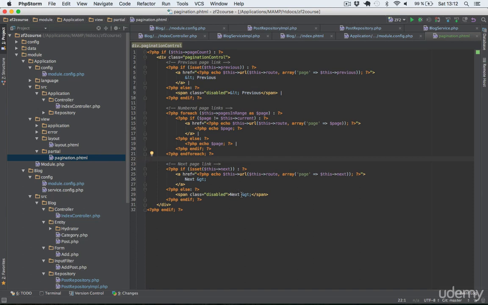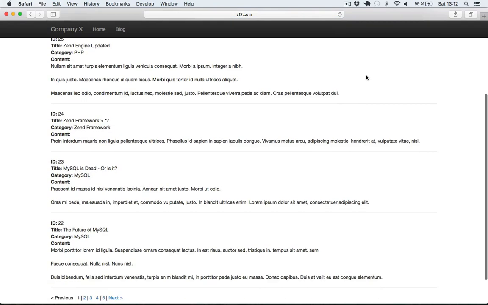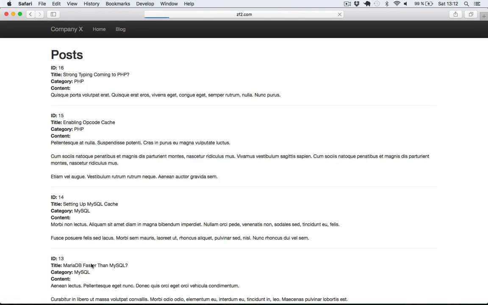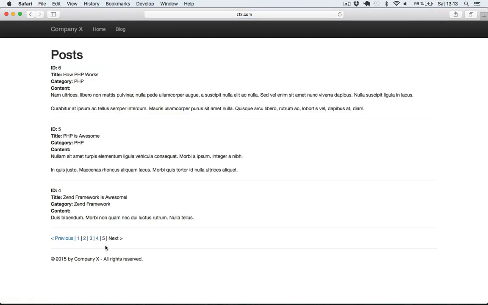So that's all. Let's go to the browser and ensure that everything works as expected. So I'll just refresh this page. And let's see. As you can see here, now we have a pagination control. And let's see if we can navigate from one page to another. And as I navigated to the third page, you will see that I cannot click on this. If I go to the fifth page, you will see that the next link is no longer clickable. In the URL, you will see here